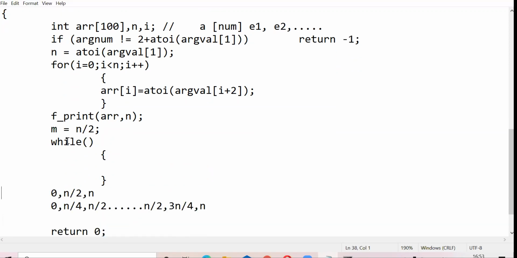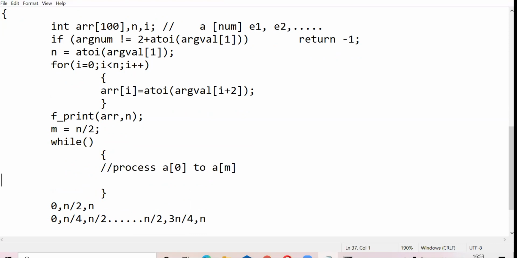So here what you can do is process from, let's say, a of 0 to a of m the way you want, and then you can make it m minus 1 also.